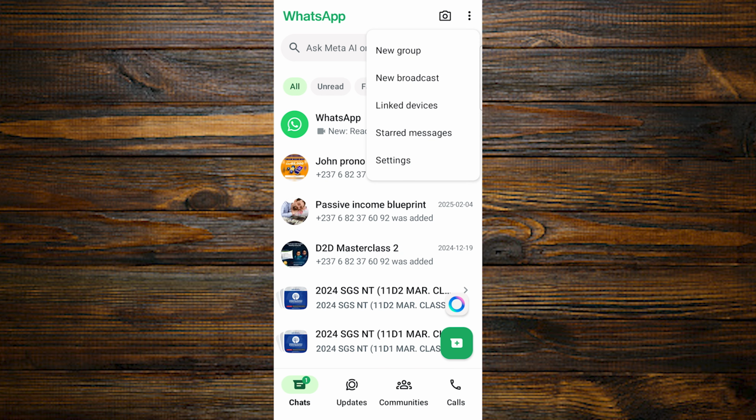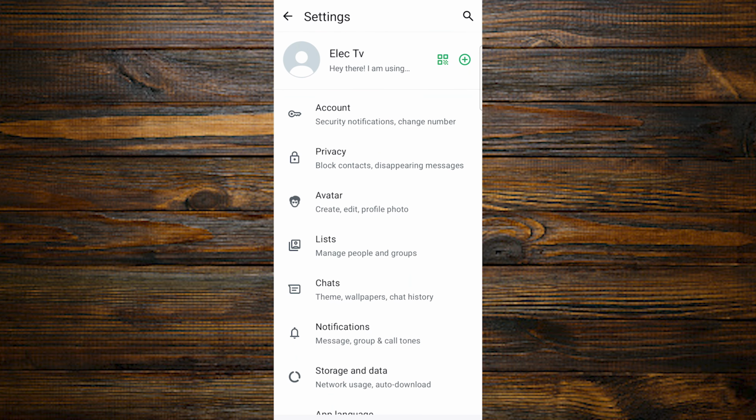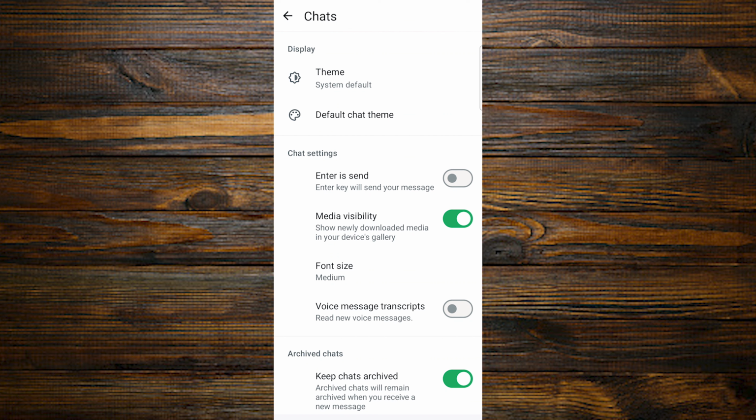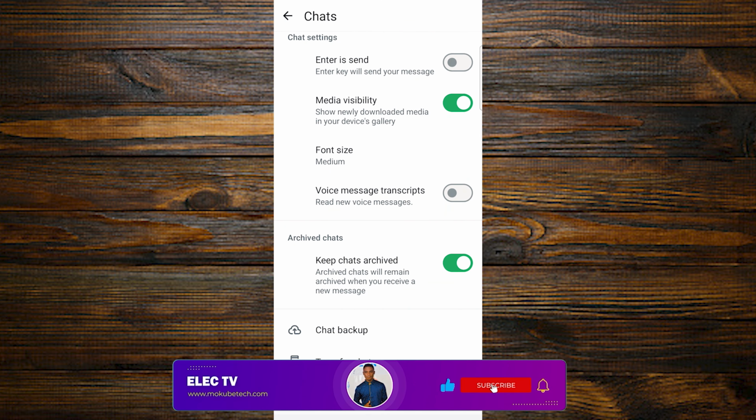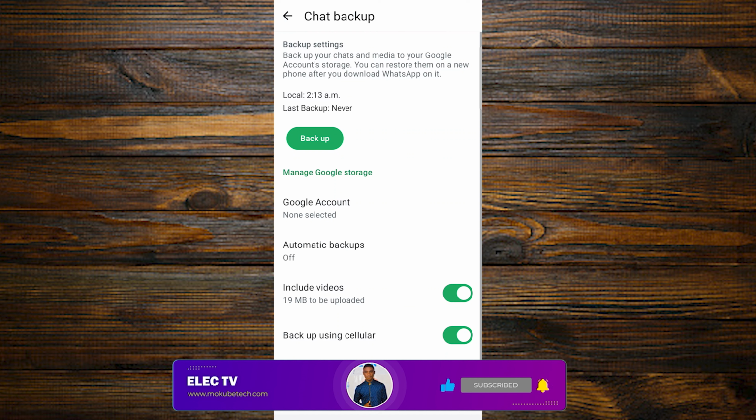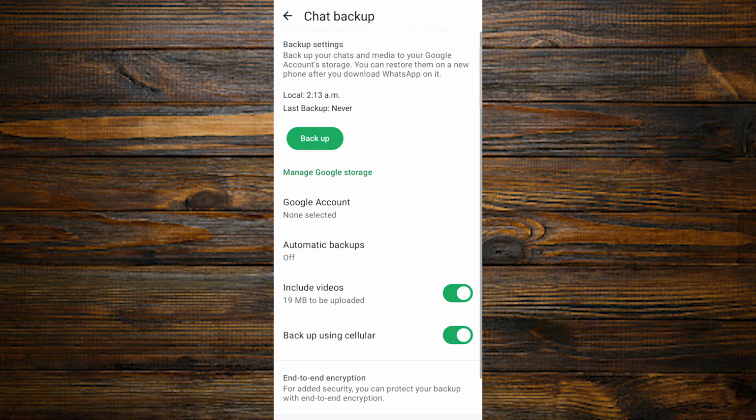Once you're there, click on settings. Once you get there, click on chat. After which you scroll down, you are going to see chat backup. You simply click on it. You're going to see backup, but you simply need to